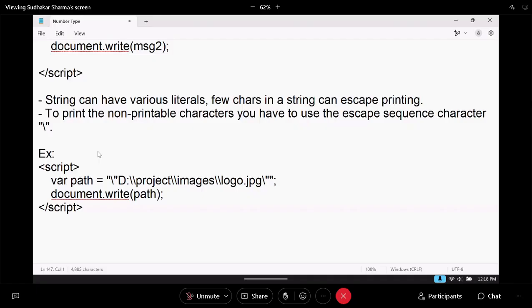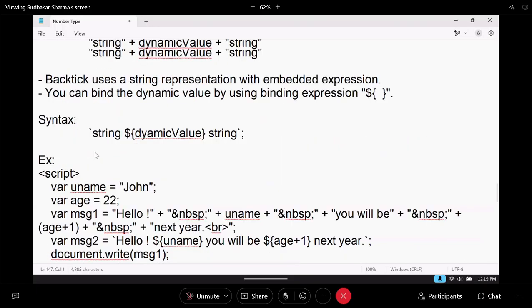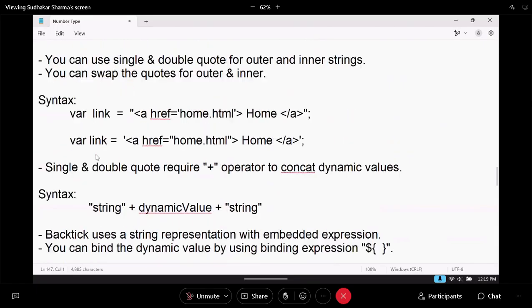On any occasion, if any character in a string is not presenting, then you have to precede that with a slash. That's one important thing while working with strings. Another important point is